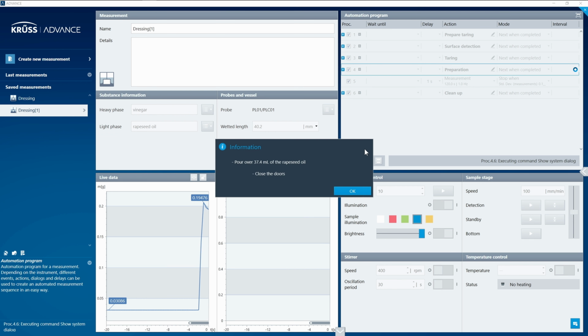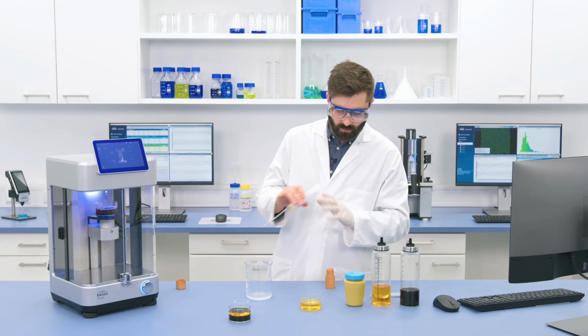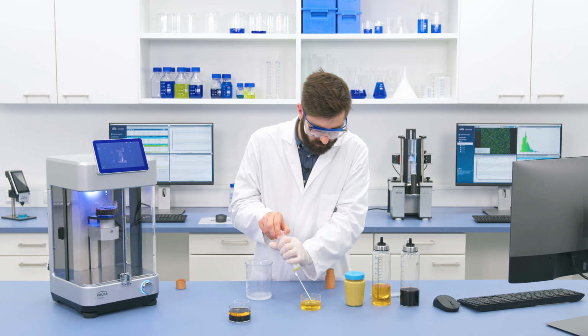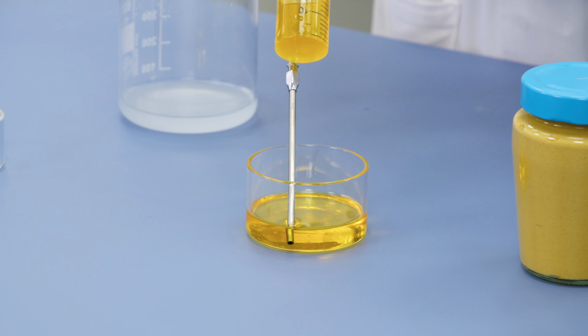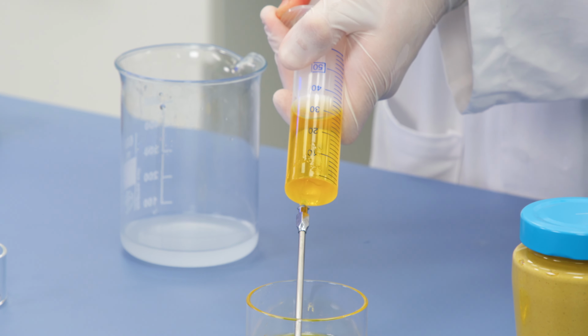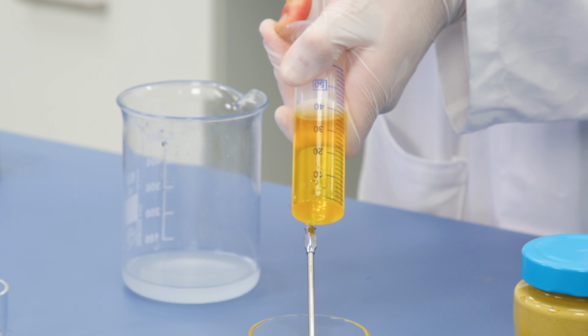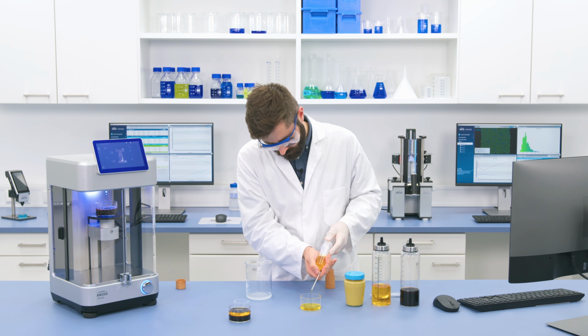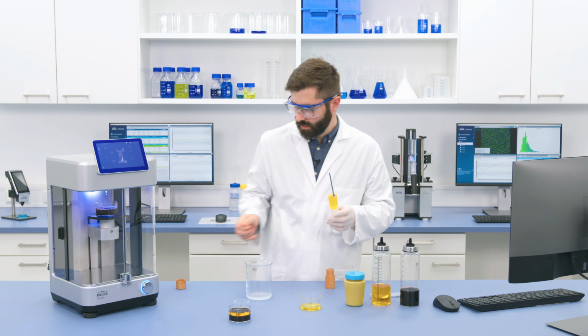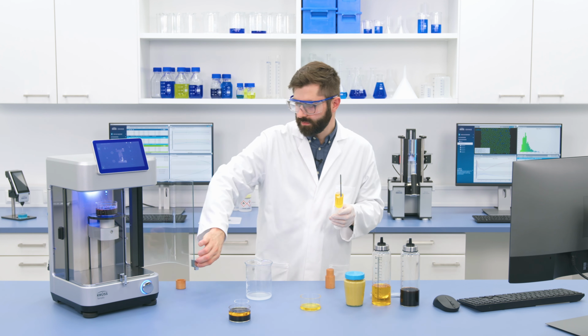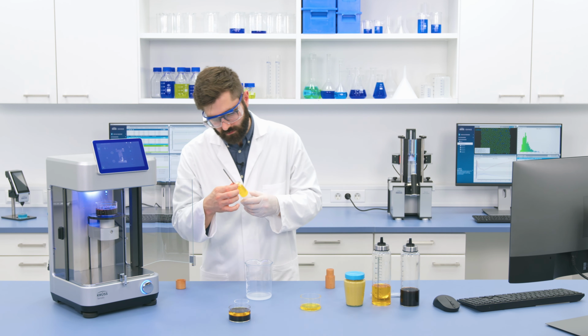Okay, so now we've got the interface. And again, I need to fill over 37.4 milliliters of my rapeseed oil. So I take my syringe again. Okay. And like before, this is the most delicate part of the measurement.